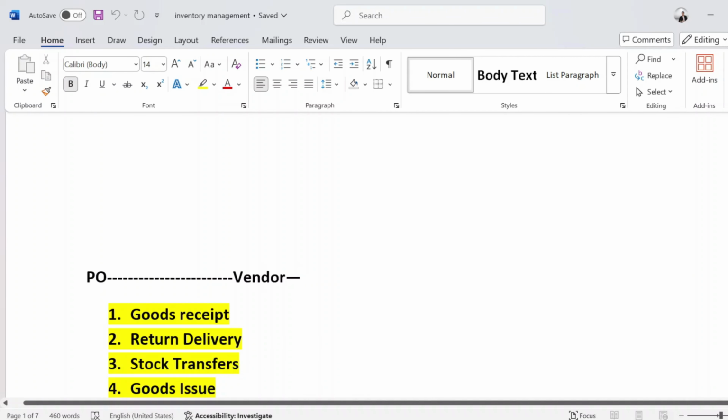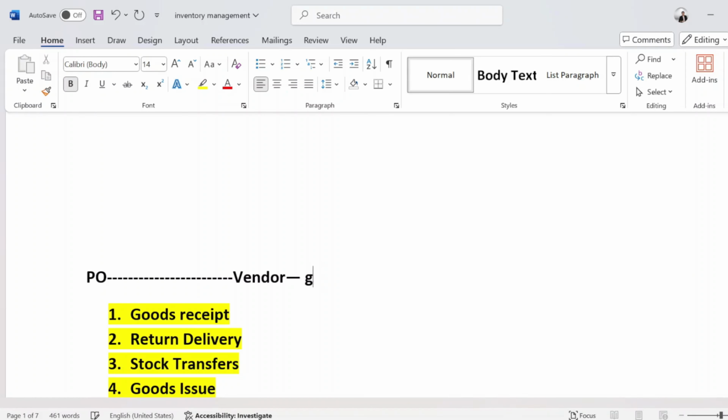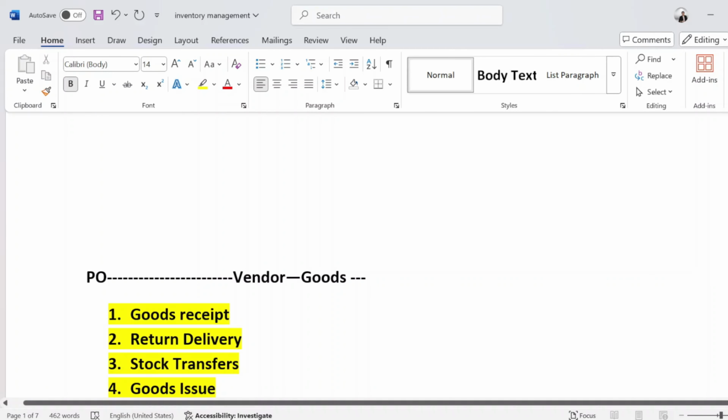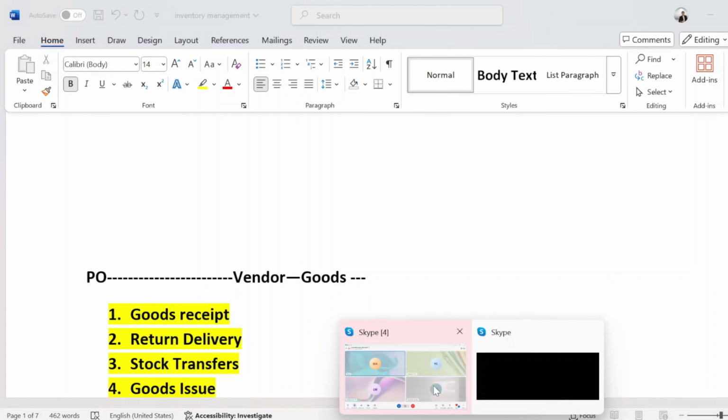So once we create a PO and send it to the vendor, the vendor sends the goods. Then we post a goods receipt using T code MIGO. Once we do the unloading and then,